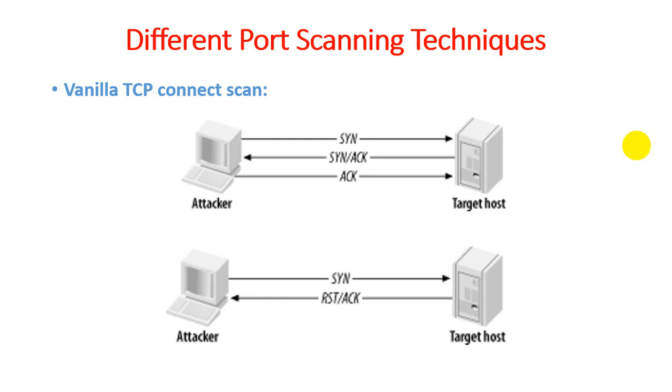Like, if an attacker sends the synchronized packet to the targeted host and gets a reset acknowledgement, it means they found that this is an unknown user, or we can say an unknowing user accessing our system, so they can directly reject those kinds of